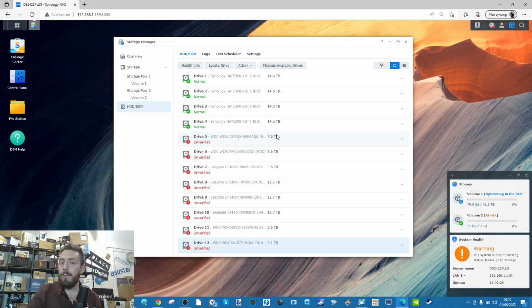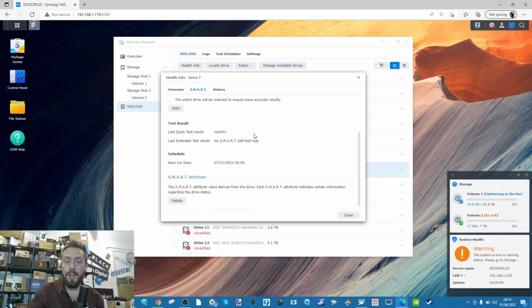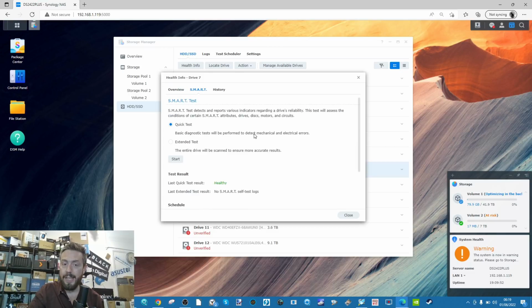But one thing you may wonder, the first thing I noticed that wasn't there, if we go into the Seagate Ironwolf drive and go to the health info, where's our Seagate Ironwolf Health Management? One of the little extras that are included in those Seagate drives. Above and beyond SMART, it's another way to diagnostically run a test on a drive to see how it's doing. And as you can see, the option's not there. There's meant to be another option right here that lets you use the Seagate Ironwolf Health Management, and it's not